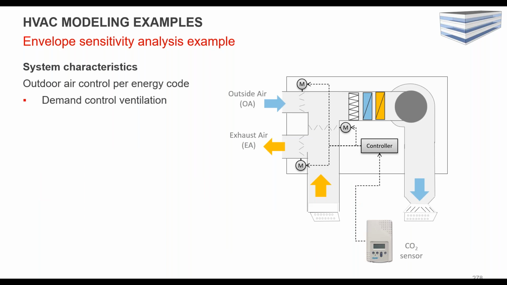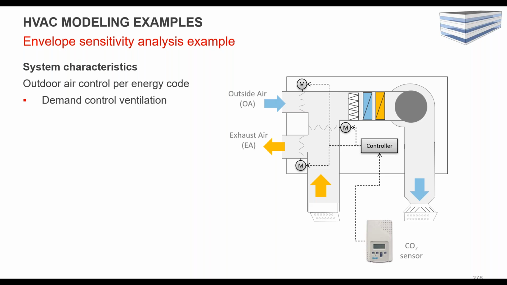DCV could also be required by code, so this might be something that would need to be included up front, which again, there's 2 different ways really that software does this. They either do a zone level sensor or a return level sensor. So again, they generally will have similar results, but if you have a very wide variety of occupancy in a building, you would want to make sure that you're modeling this correctly, based on those higher occupant density spaces. So sometimes this gets translated as a schedule.